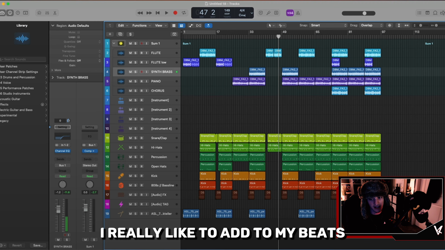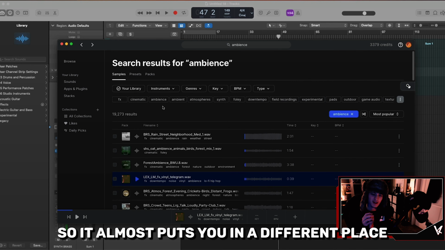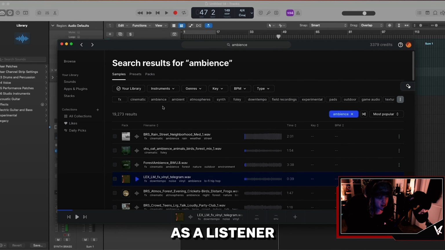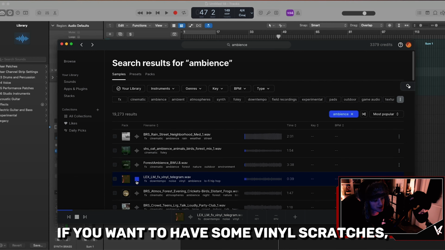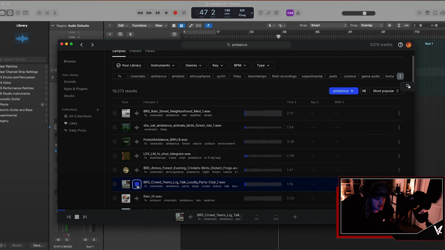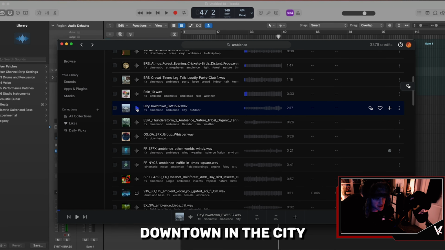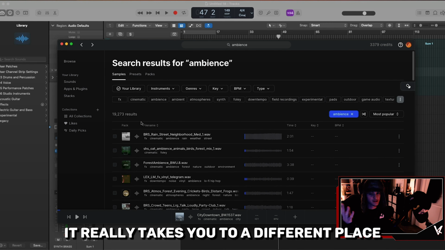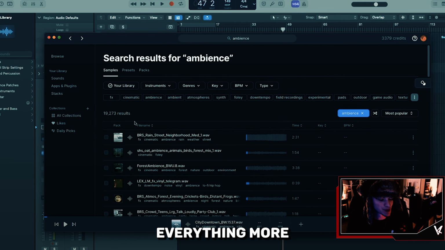So another thing I really like to add to my beats is just some ambience type of effects, so that it almost puts you in a different place as a listener. If you want to be in the forest, if you want to have just some vinyl scratches, that's a big one that I go with a lot. It almost makes it sound like, you know, I could be at the party, I could be in the rain, you know, downtown in the city here. It just really takes you to a different place as a listener,